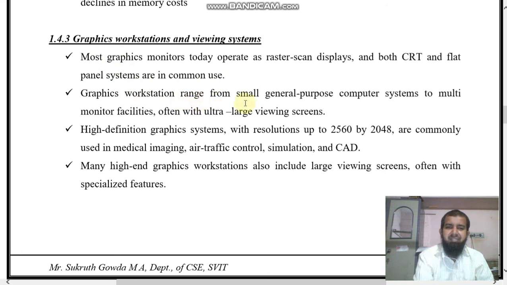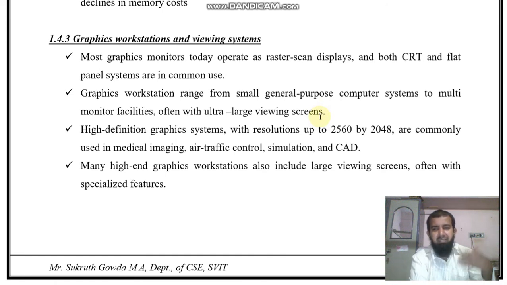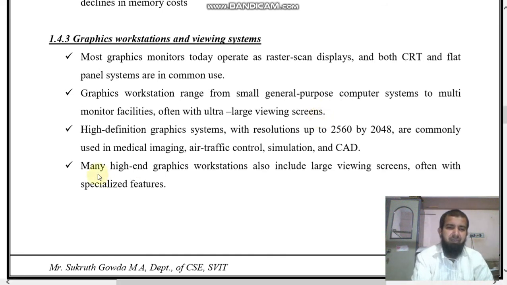Graphics workstations range from small general purpose computer systems to multi-monitor facilities, often with ultra large viewing screens. Nowadays smart boards and ultra large viewing screens are available, and small screens as well as large screens are available.